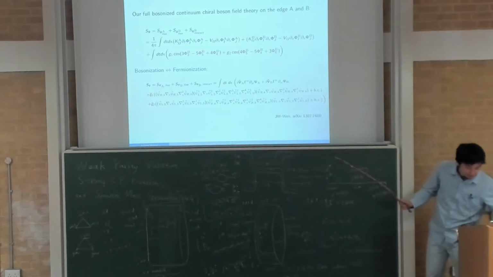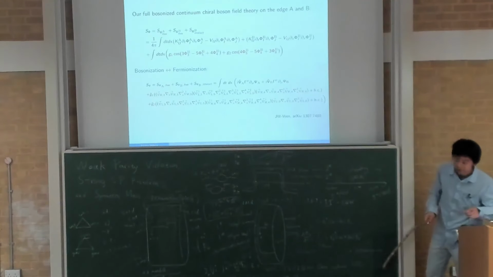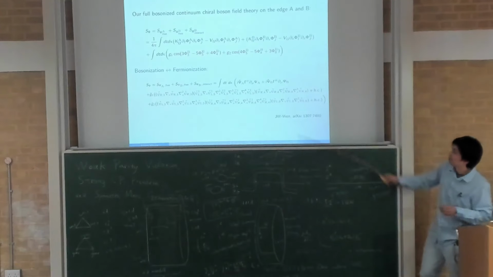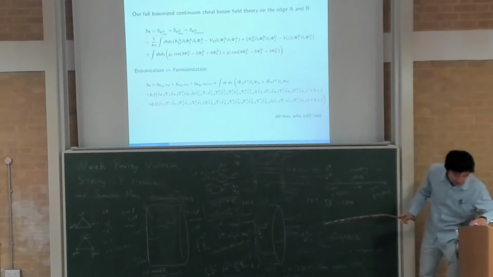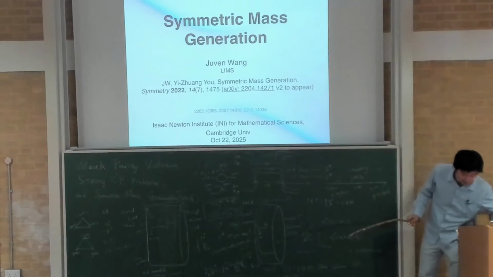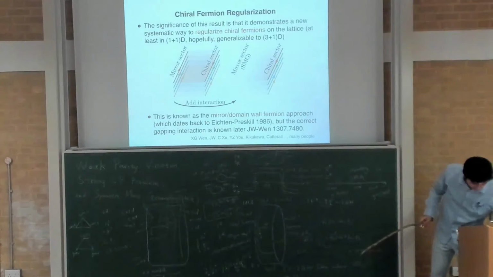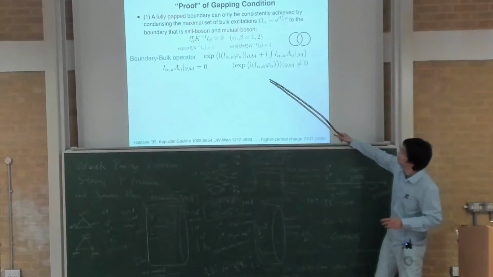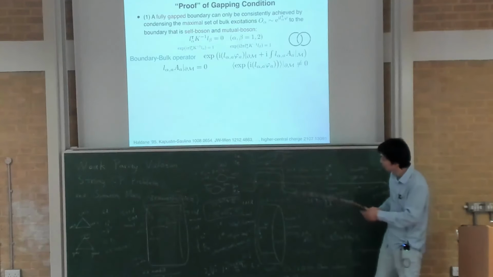So this interaction term has certain principles, certain rules that you obey, so that people have confidence to show this is the way to apply symmetry mass generation. If you only think about RG, you don't have to believe that this interaction can gap it, but it really gaps it. The reason for that, which I have another slide, I'll post on my website. But I drew another way, so I want to apply to the mirror. So this is a different slide. The reason is that there are a set of rules that let you check that this is the gapping term, and I can just say by principle.